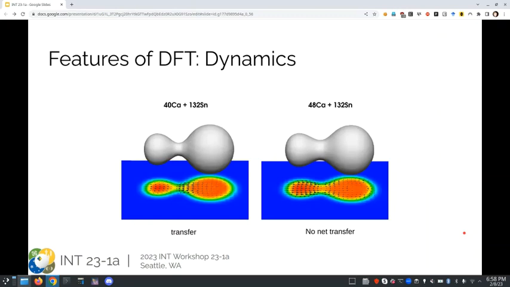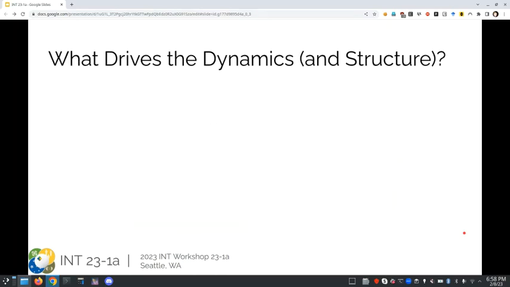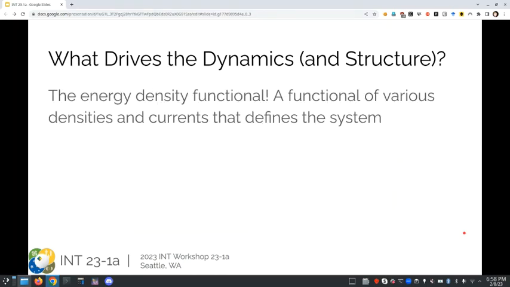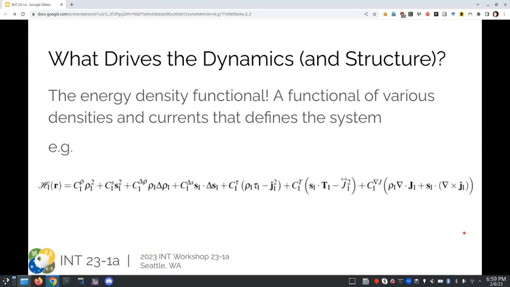Now, the only thing really, besides, of course, geometric considerations of your box and your energy of the systems, the only thing that defines these structure and dynamics is your energy density function. And we already had a talk earlier today, so there was a little bit of discussion about this EDF and the form of it. And what I'm showing here is the exact same EDF, just written a little bit differently with not as many energy terms. And you can really write down whatever EDF you want once you really embrace the phenomenology,